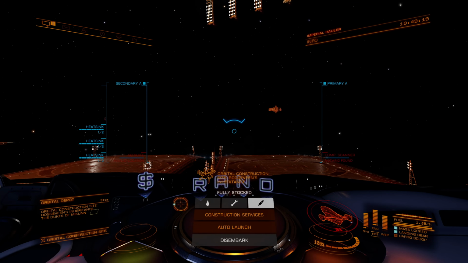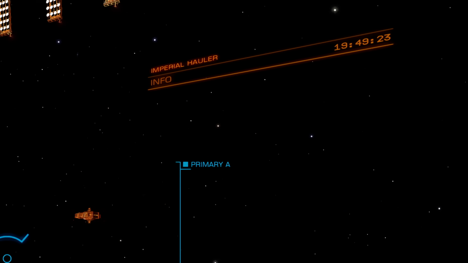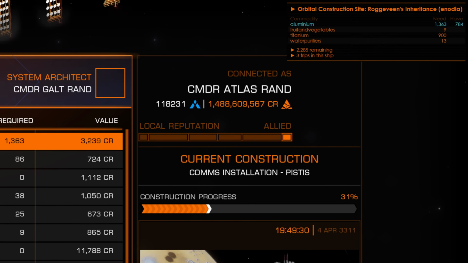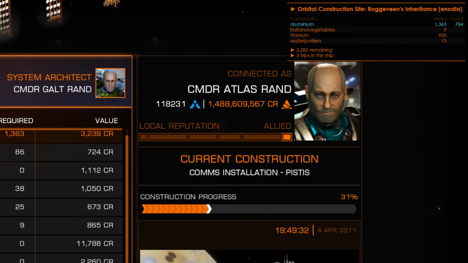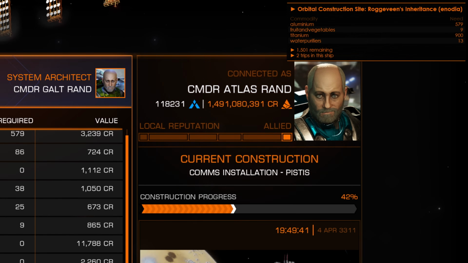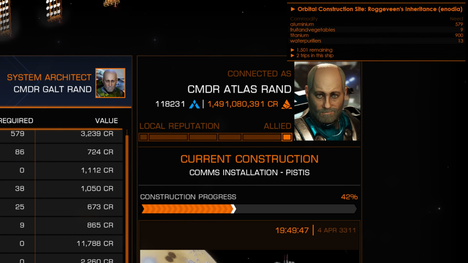Okay, so we just landed. Let's go ahead and once again, I will zoom in on this. I'll go to construction services. I will drop off the aluminum, or aluminium as it's called in the game. Confirm. That bumps us to 42% progress, and there it is. Now it just updated it. It says we need 579 aluminum left. And if I look at the website,